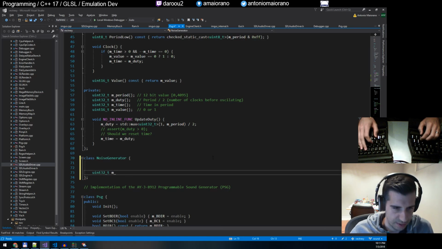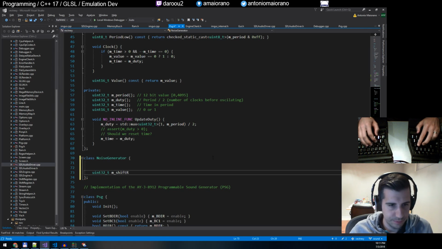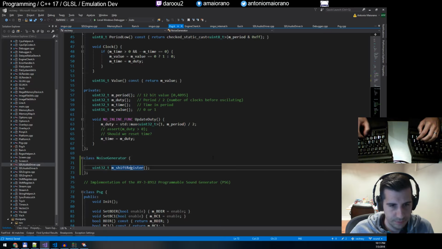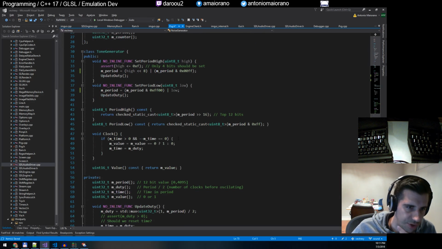I'll call this. I kind of need to do a lot of the same things I was doing for the tone generator. So maybe what I'll do,